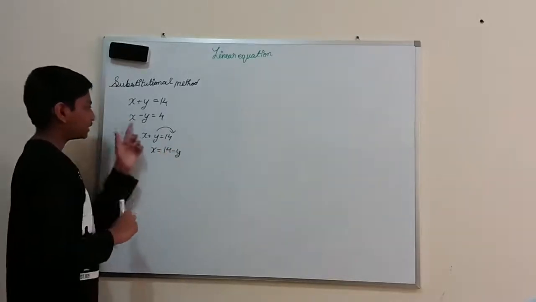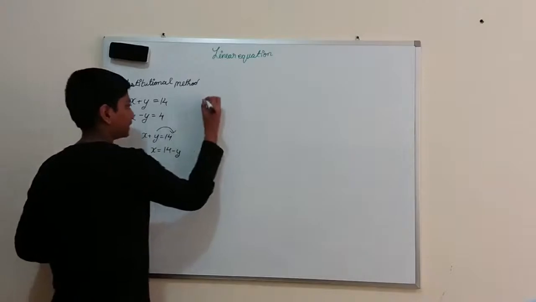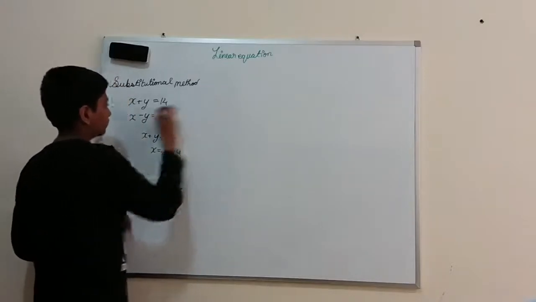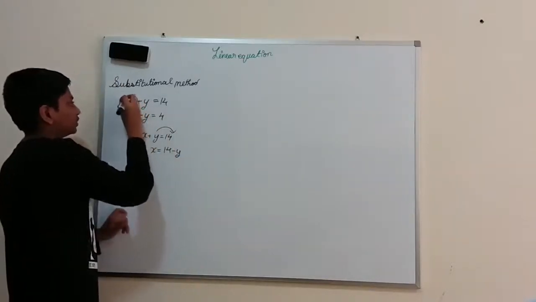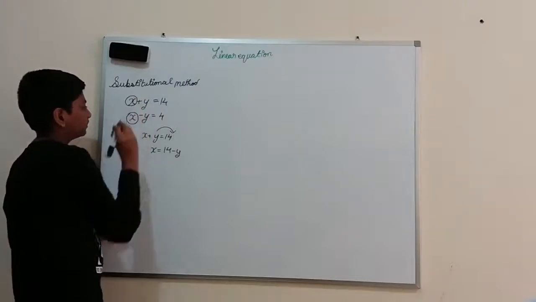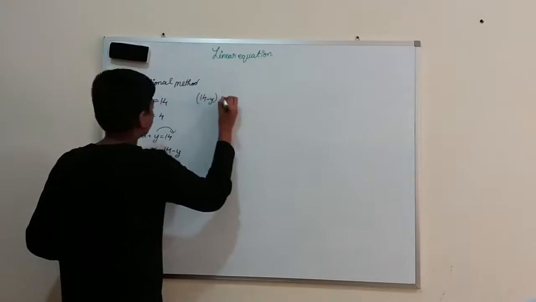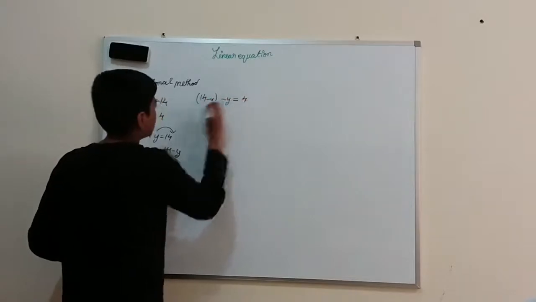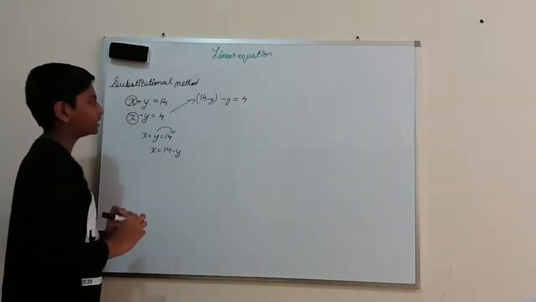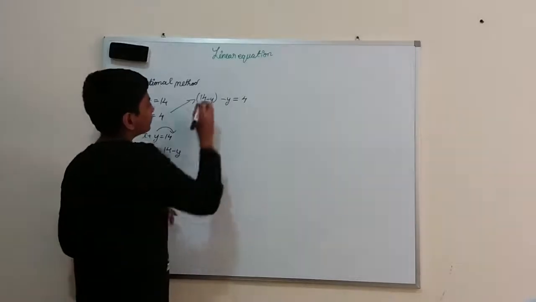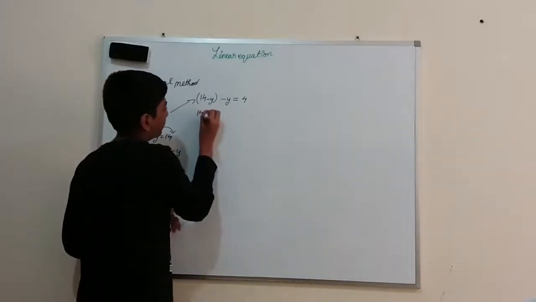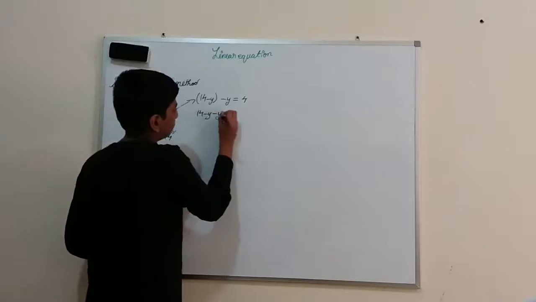Now we will find the real value of y using the other equation, x minus y equal to 4. I found the value of x over here, so I should substitute the value of x in this form. So x is equal to 14 minus y, and the equation is 14 minus y minus y equal to 4. Okay. So I changed it over here. Now what should I do? I should just open the bracket. So when I open the bracket, it will be nothing but the same like this.